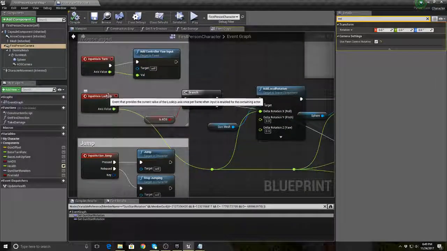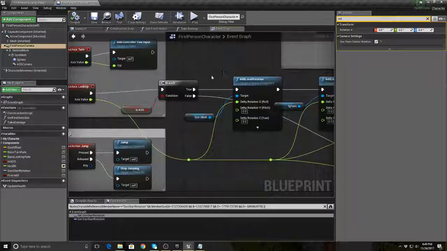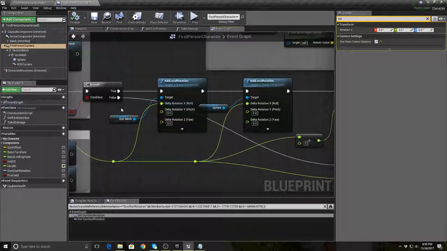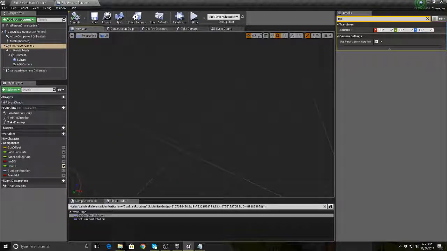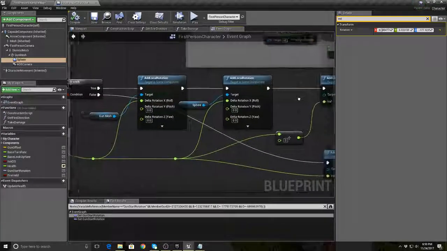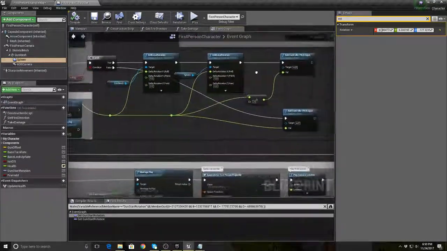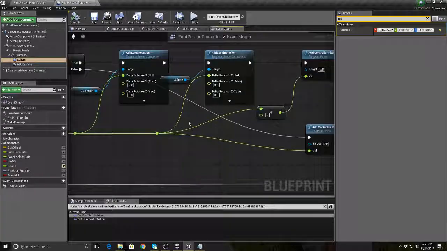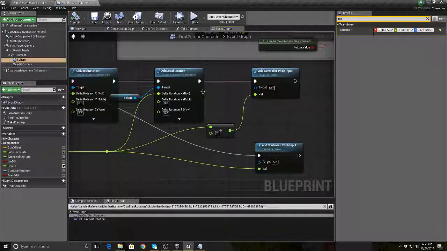And then if you look at this look up, I've done a bunch of other weird stuff. I'm checking if ADS is equal to true, meaning if you're aiming down the sights. Then I am manually adding rotation to both the gun mesh and the sphere, which is the point off the end of the gun, this little thing. And then I am setting those rotations, which is adding to the X rotation, which is the roll, which doesn't make a lot of sense, but it just happens to be the roll. It works out that way. I had to try a couple different things. And then I'm also adding to the controller pitch input, so when I switch back,